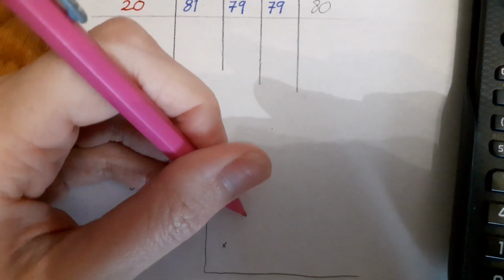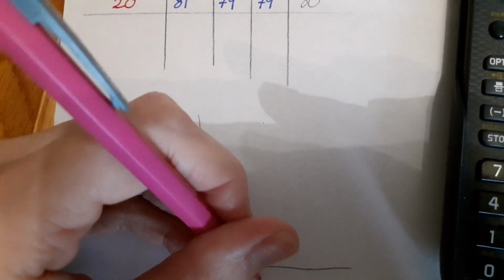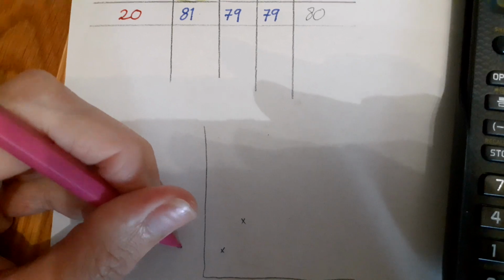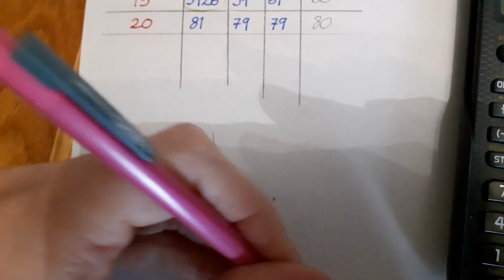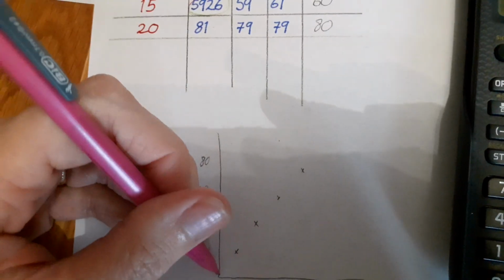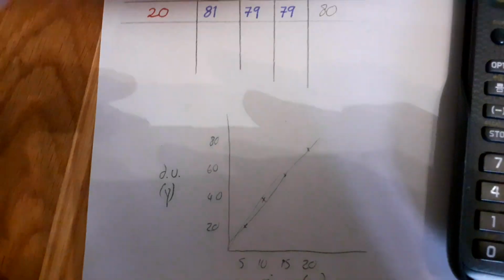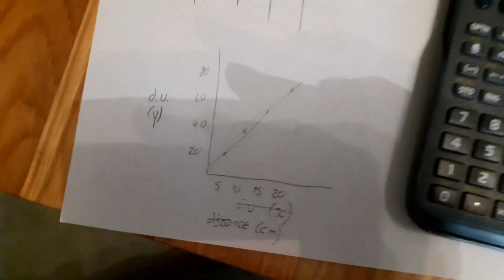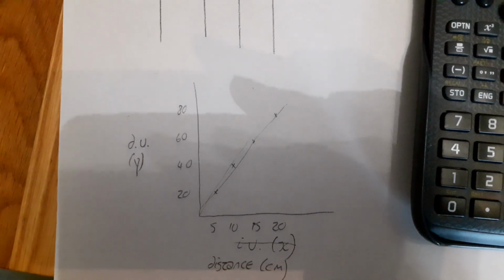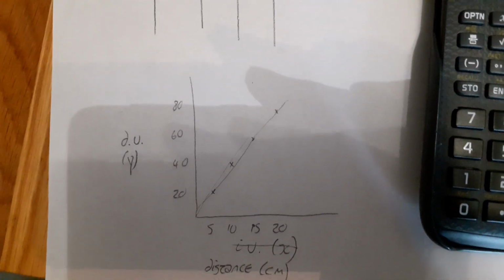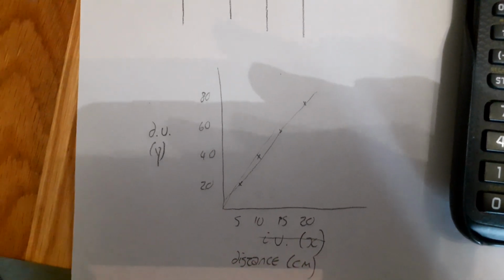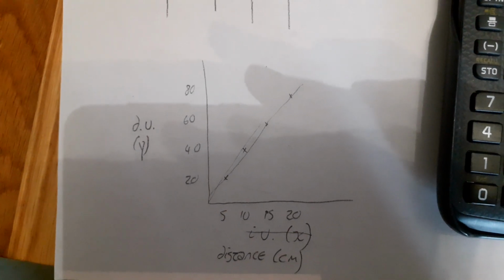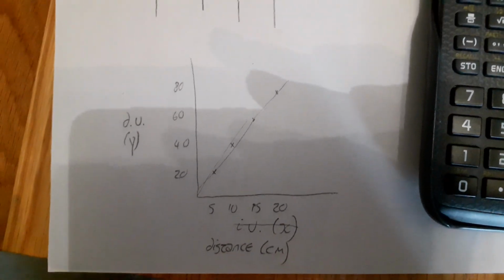Okay, and then you would plot on 5 and 20, 10 and 5, 10, 15, 20. We've got 20, 40, 60, 80, and these should all be at the same spaces, so we can do a nice straight line with our ruler through there. Okay, so that's how we do graphs in science. That's really short. We will go through it every single time we've got a graph. Every single time there is a graph, we will go through this. Don't worry, you will get it. If you didn't get it from this, you will get it because we will go over it and over it